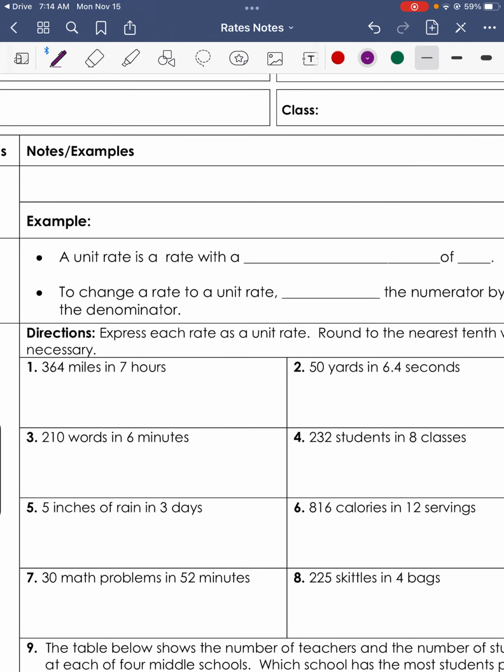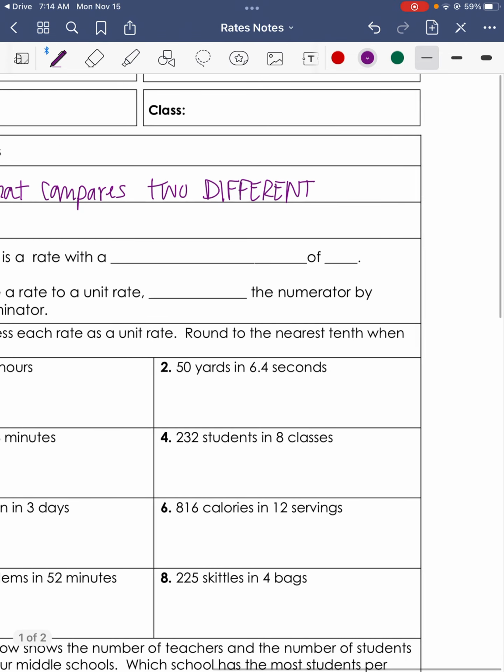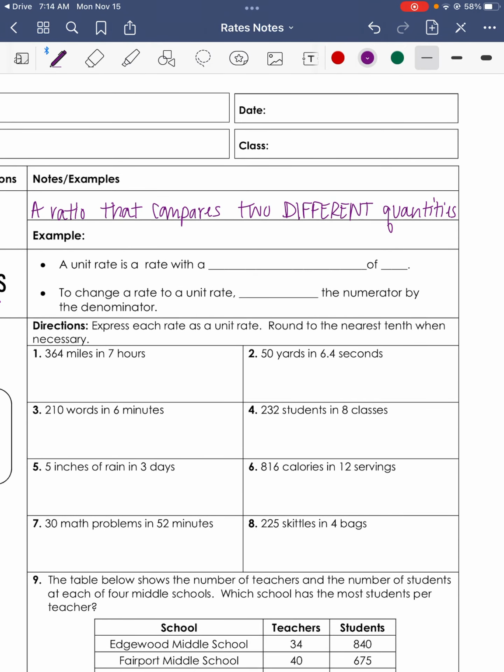A rate is a ratio. So we just looked at ratios, right? Comparing two things. A rate is a ratio that compares two different quantities. So we'll still be using the fraction to show that we have a ratio, but instead of comparing like length to length or volume to volume,